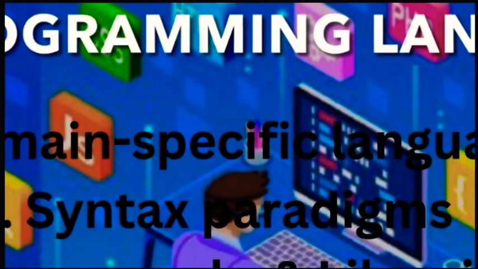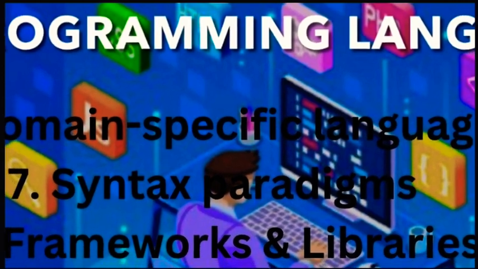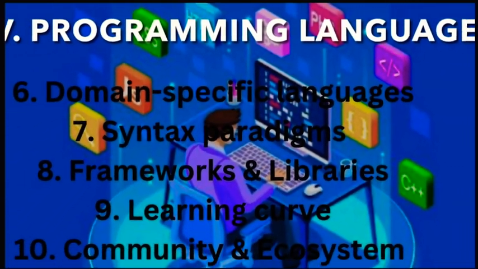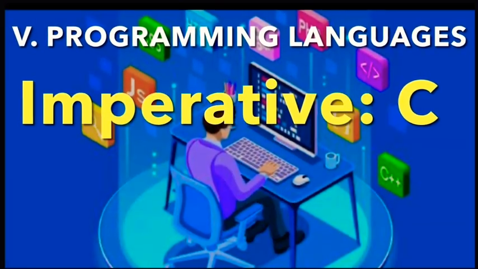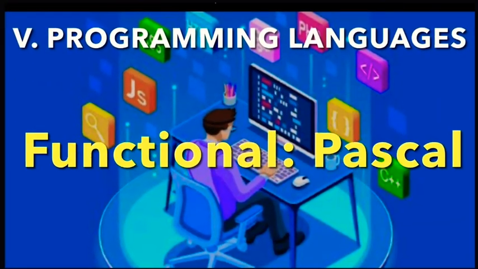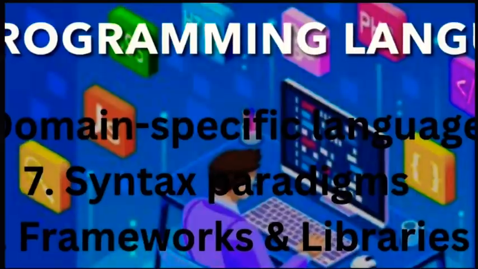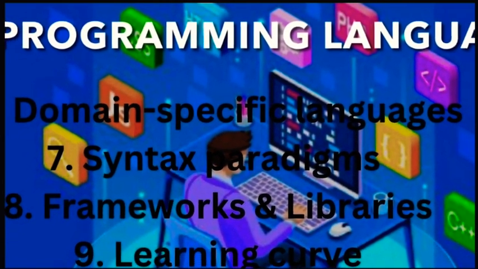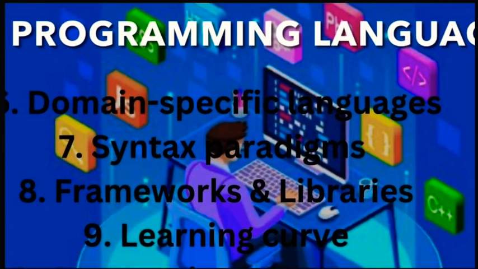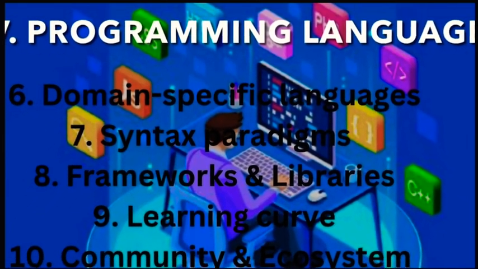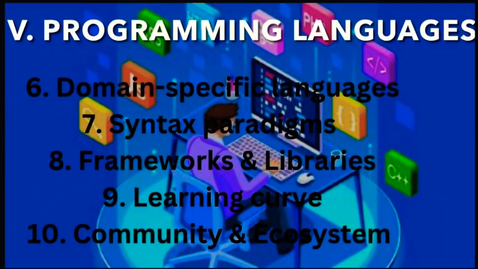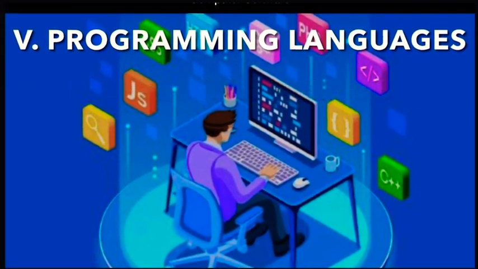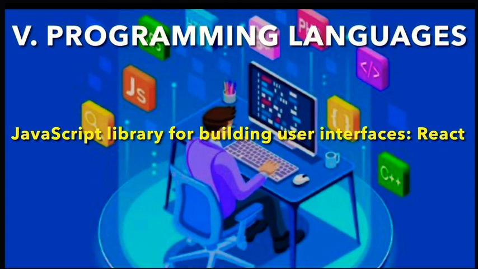Syntax paradigms. Programming languages support different programming paradigms, including imperative, functional, and declarative. For example, C is primarily imperative, Pascal is functional, and SQL is declarative. Frameworks and libraries. Many programming languages have associated frameworks and libraries that provide pre-written code and tools to simplify and expedite development. For example, Django is a web framework for Python, and React is a JavaScript library for building